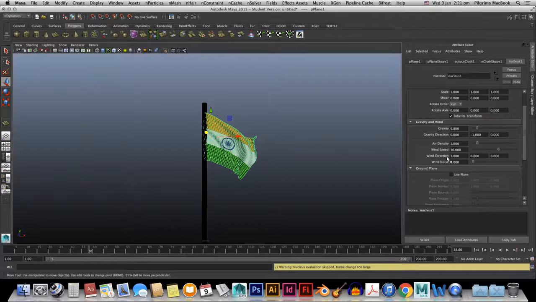We have wind direction also. This is the X, Y and Z. By default the X value is 1, and the Y value is 0, and the Z value is also 0. So if you want to change the wind direction of this flag, you can change it through the wind direction axis. Here we have the X, Y and Z. We have wind noise also.